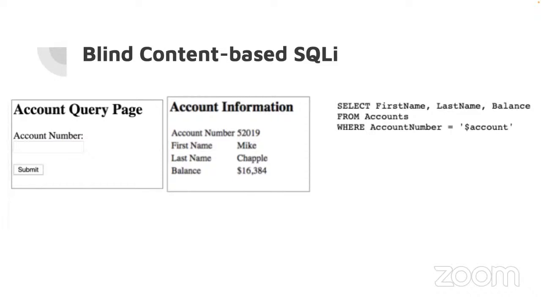The $ sign account field is populated from the input field from this box right here. An attacker can test for a standard SQLI vulnerability by placing inputs such as a little apostrophe or 1 = 1;